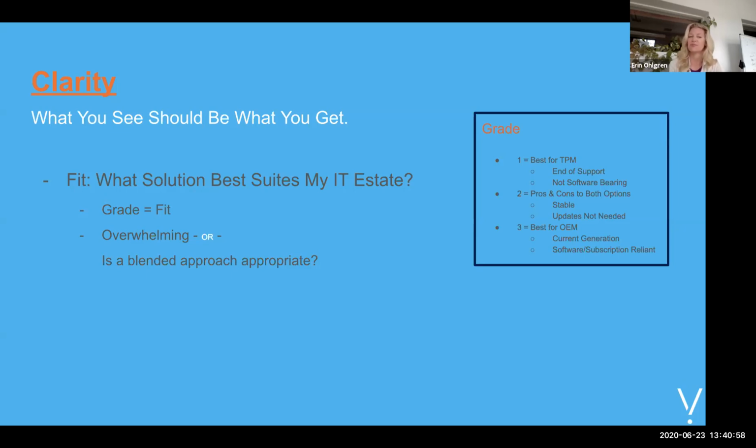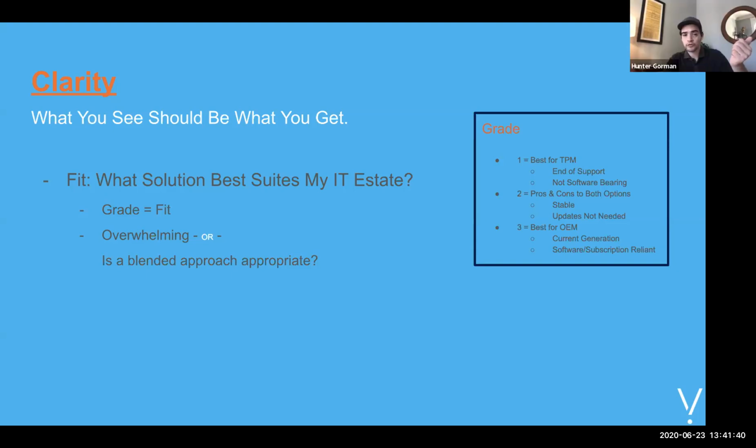But usually the first step, like we've said, is going through and really looking at your estate on a granular level. Oftentimes, beyond just the grading, we uncover other things that are noteworthy, like you might have a high density of a certain device in one location, where rather than even putting it on third-party maintenance support, it might make more sense to do a self-sparing strategy or have a sparing strategy that we manage for you. So we can look at your topology, your density, and then the grading to come up with a blended hybrid approach that's going to best meet all your needs.